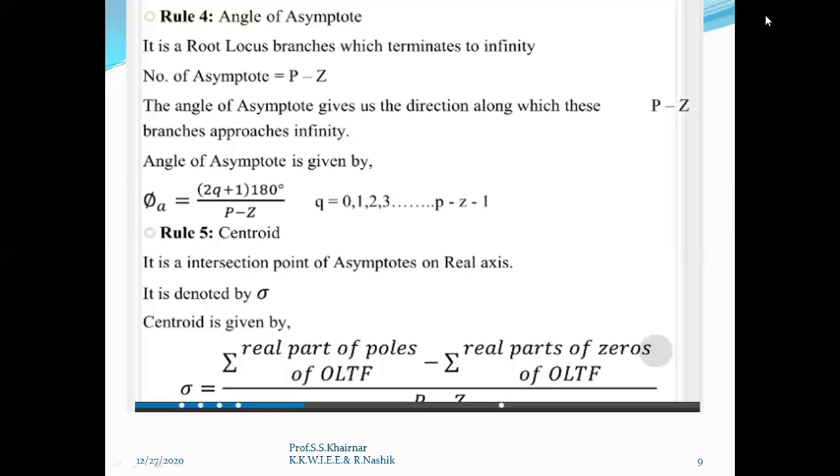How many zeros are there? There is a zero only at S equal to -6. So this is the zero. Now see the part between -2 and 0. Okay, so this is the origin, 0. When we see the number of poles and zeros to the right side of this -2, it is 1 only. And hence this red portion indicates that it is a real axis loci. But when you consider this pole at S equal to -5, to the right side of this -5, there is,